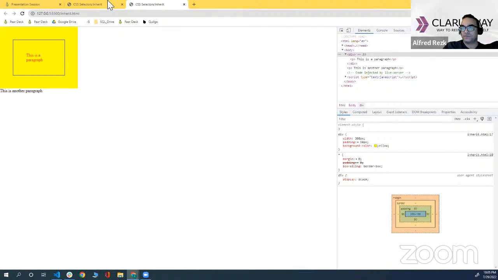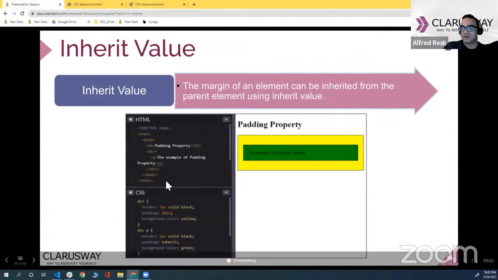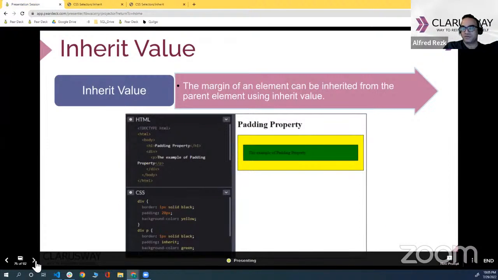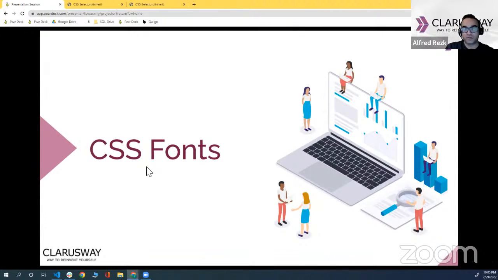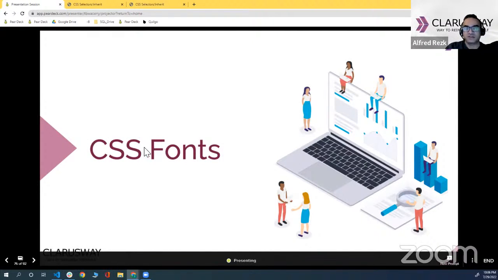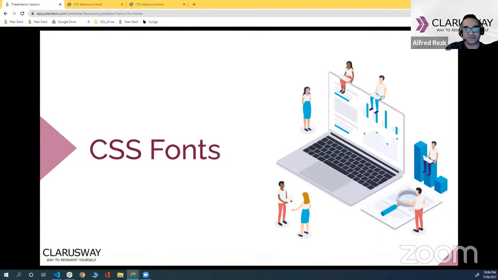Okay, we still have a couple of slides for the fonts, but I'm probably going to cover that tomorrow before the project. Fonts is not hard, because I want to show you how you can get custom fonts from online using Google Fonts, and also practice the font properties, but we're going to go over that tomorrow. I know we're off the time right now, but it's the time for quiz,